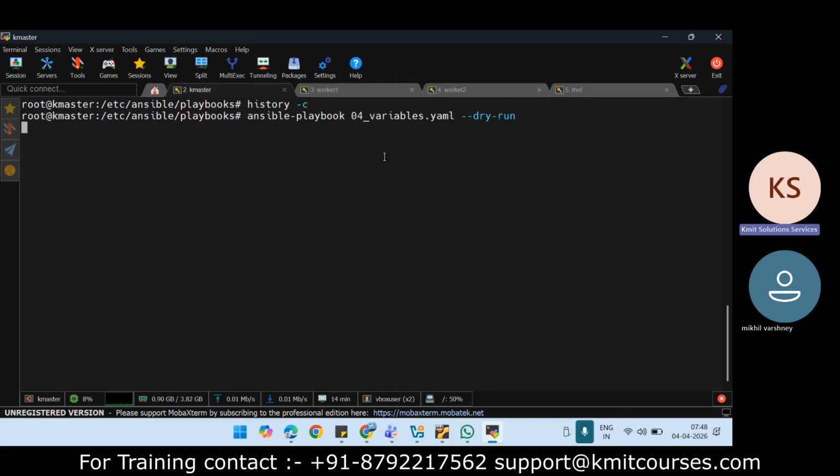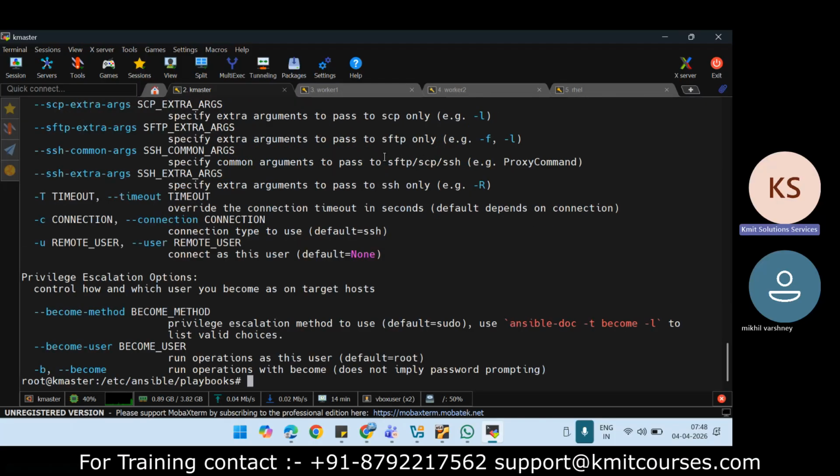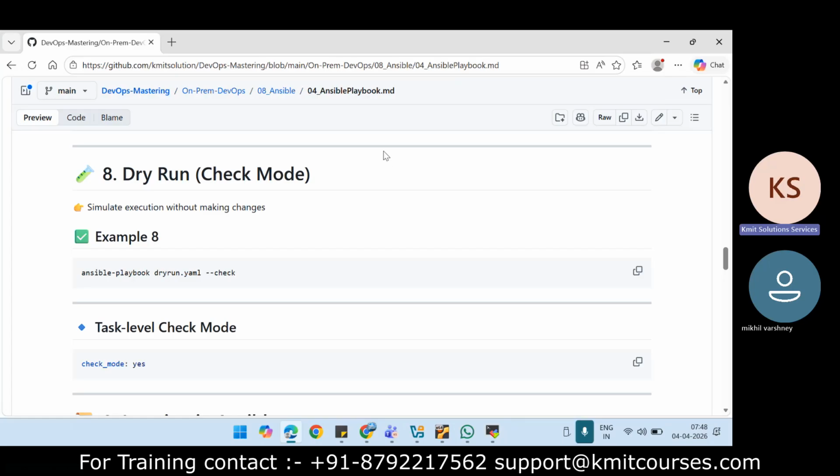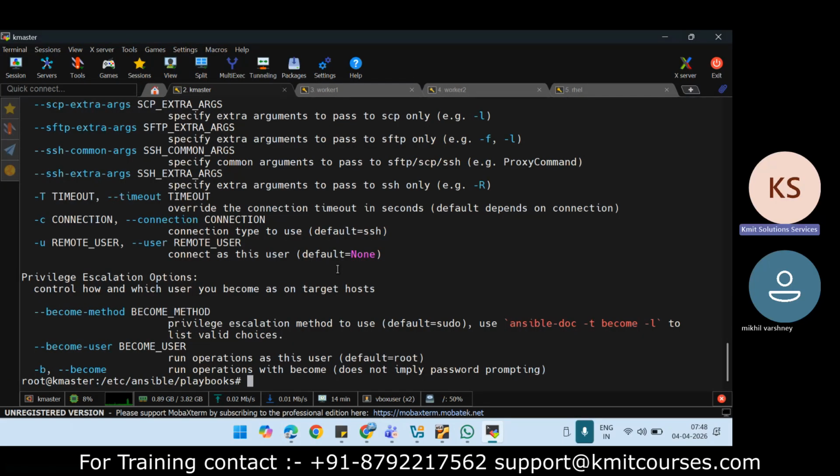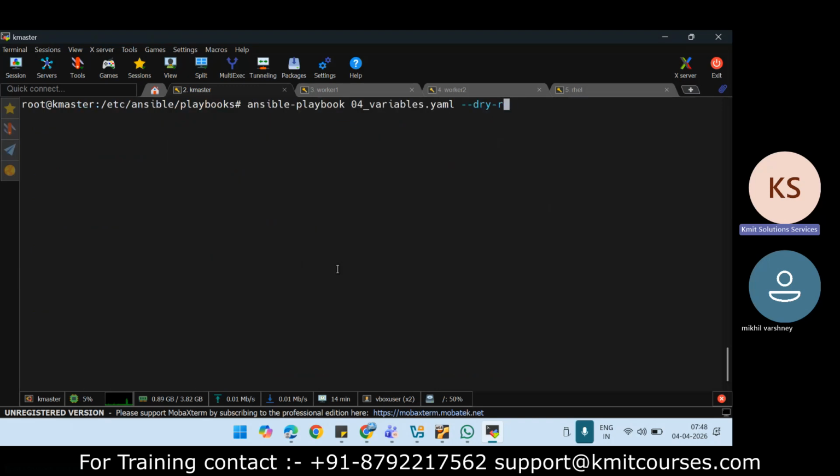So now when I run this, okay, some syntax error. Sorry, it is hyphen check, not dry run. Right. Now it will execute my script, but it will not make any change into the file. Okay. So now if I say testing,